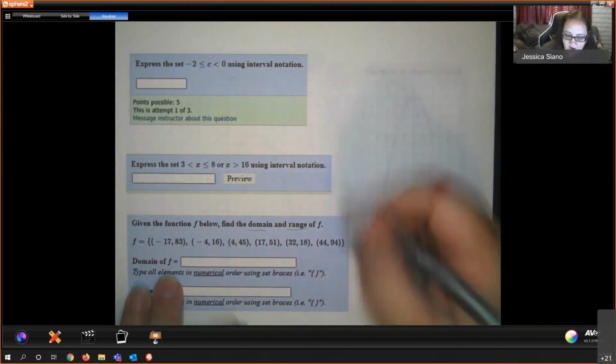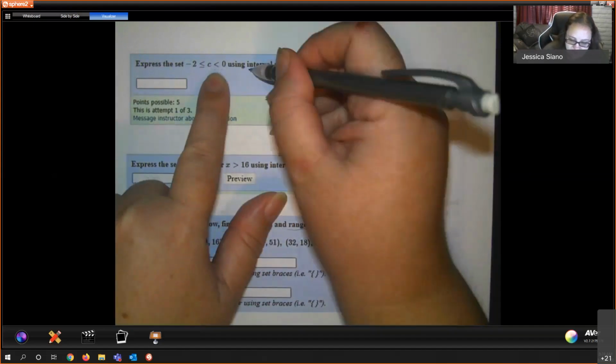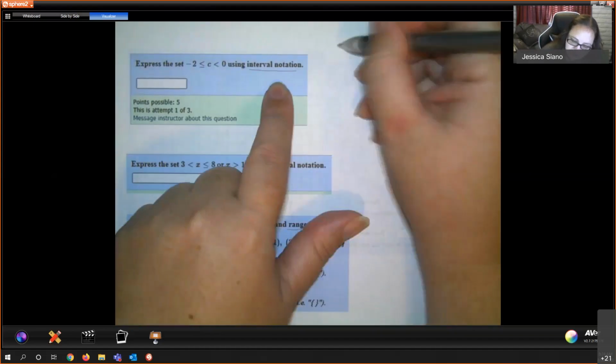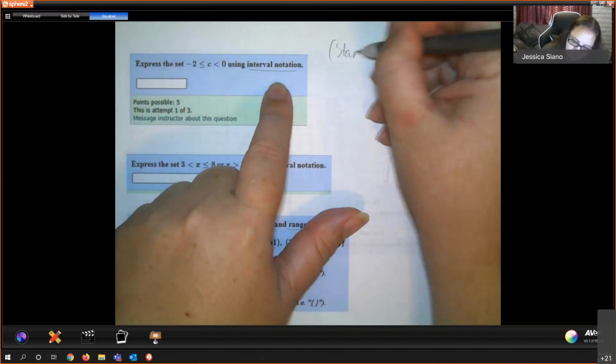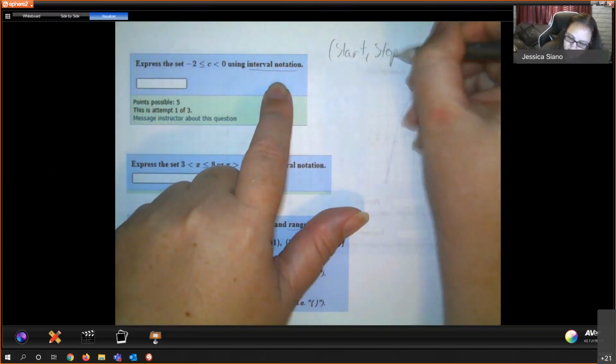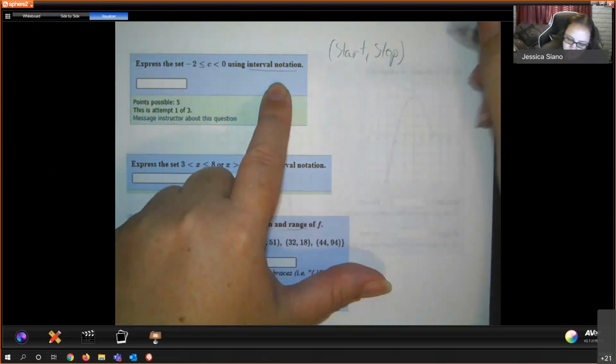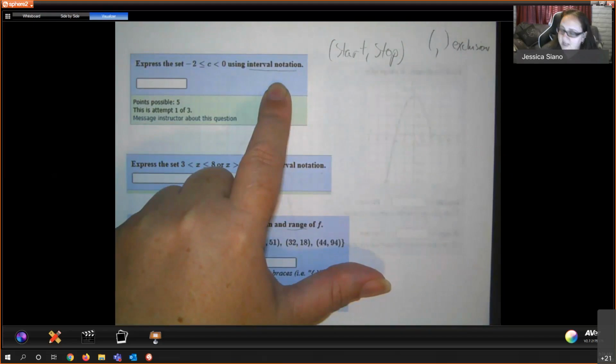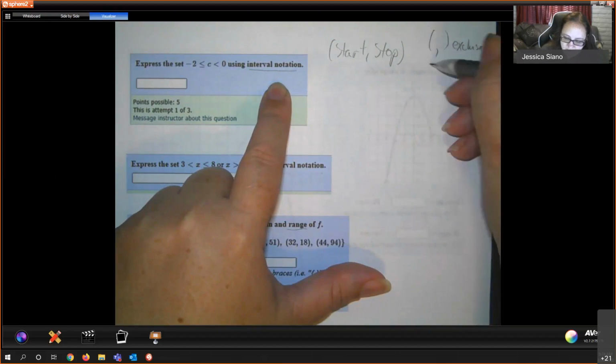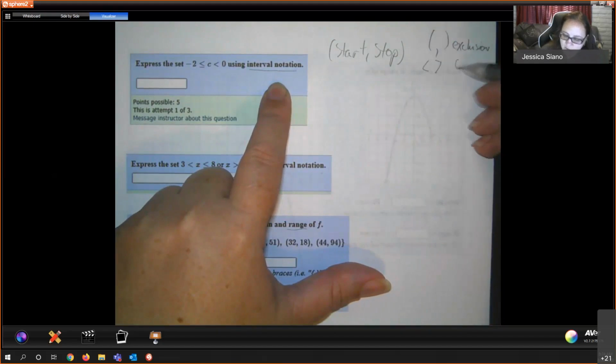So before we get there, a reminder about interval notation. Interval notation is a start and a stop value. So where does this start and where does it stop? And remember that we use parentheses. Those are symbols of exclusion, meaning the number next to the parentheses is not included in my set of numbers. We use those the same time we see just greater than or less than, or on a graph if we